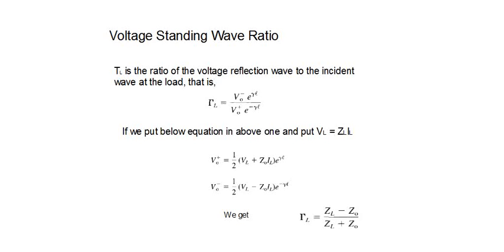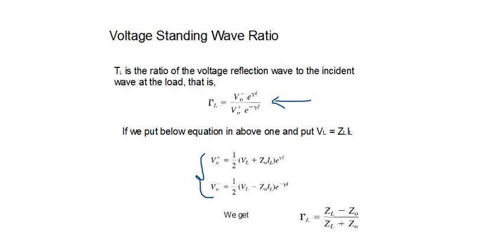If we start with this VSWR, then we know the reflection coefficient gamma is defined by the ratio of the voltage reflected wave to the incident wave at the load, and mathematically we can define it by the equation V0 minus into e raised to gamma L upon V0 plus into e raised to minus gamma L. Now we have already derived the equation for reflected voltage as well as forward voltage in our last to last lecture.